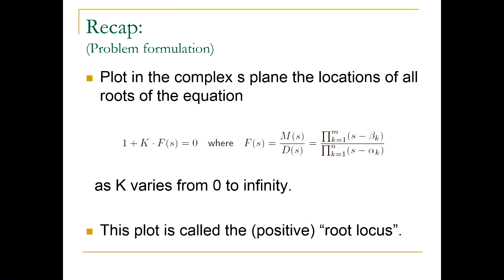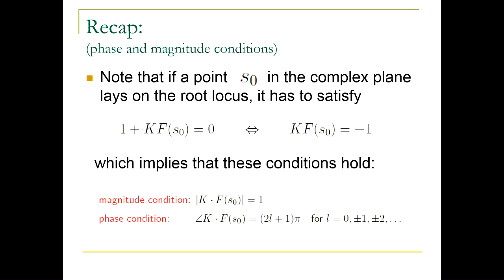So you've already done your algebra of block diagrams. You've got the characteristic equation, right? So this is the denominator of the transfer function for the closed loop system, for the overall system. And you have to rewrite it in this way. That's the starting point in today's lecture. Okay? So we will assume that k varies from 0 to infinity. In other words, we will be plotting all the rules that I will be giving you for the so-called positive root locus. So gain k is positive. All right. So just to remind you that if a point s0 is on the root locus, it has to satisfy that equation.